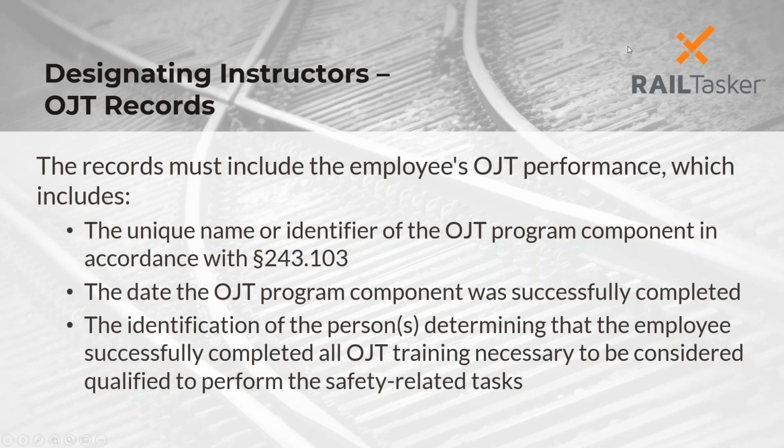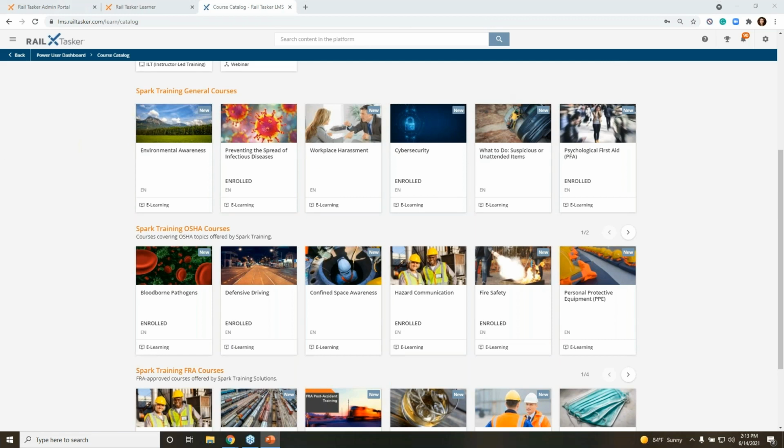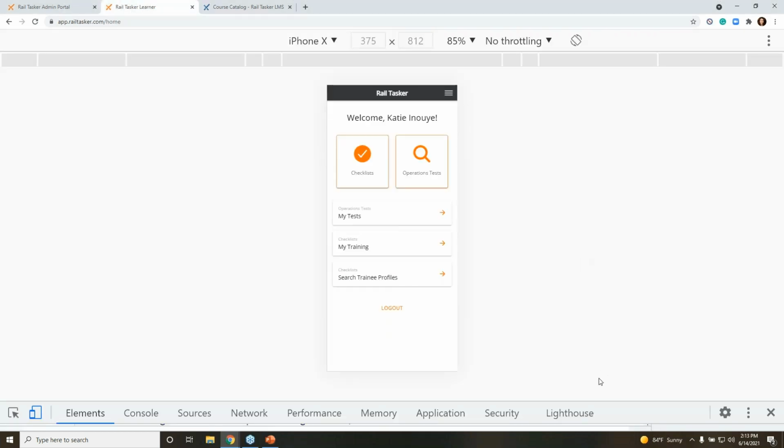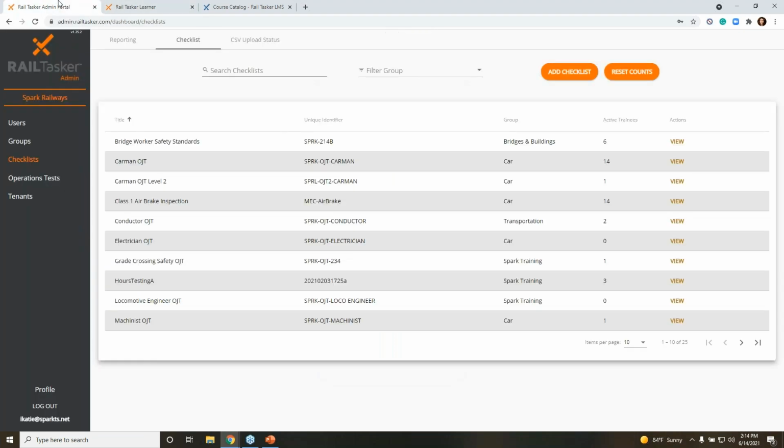Let's see if I can switch from PowerPoint to Railtasker. Most of you who are working with Railtasker, I think, have gotten into the learning management system. We tend to start with getting people up and running here, and we see a lot of activity on this side of the system. As a reminder, you also have the app where the operations tests are and these 243 checklists. And because the 243 checklists are on this side, that also means that's where our record keeping is when it comes to on-the-job training. So there's detailed record keeping within Railtasker that I want to show you.